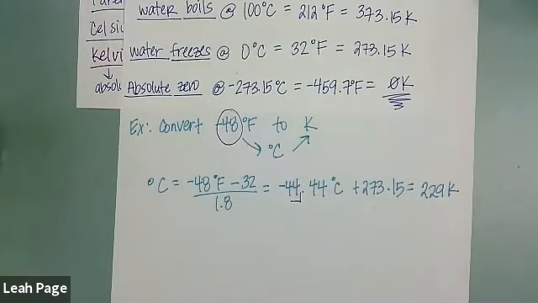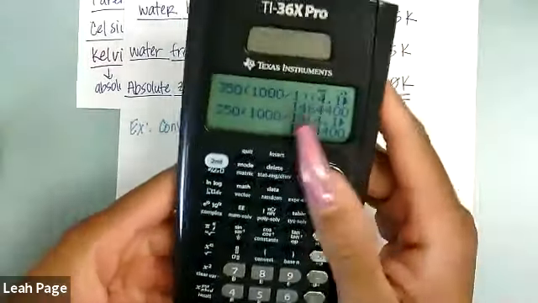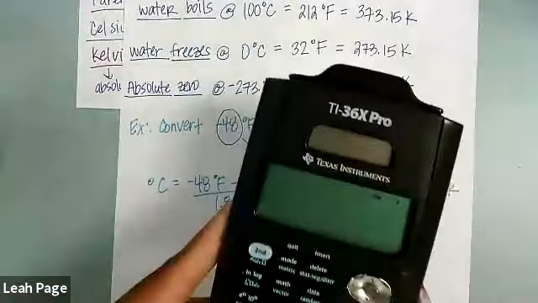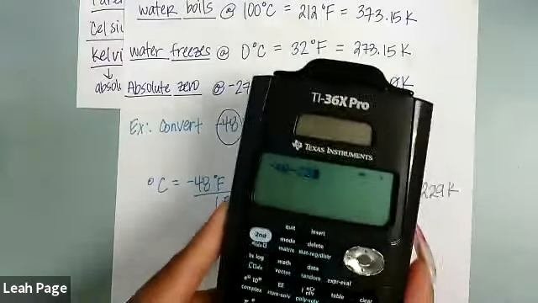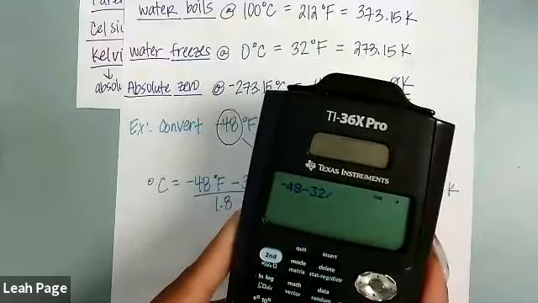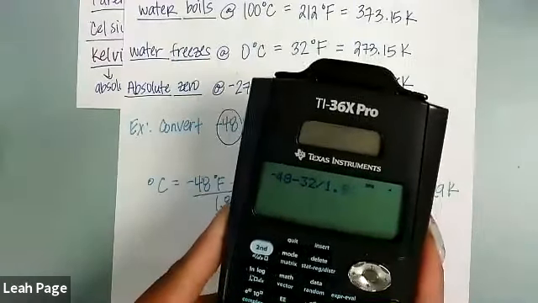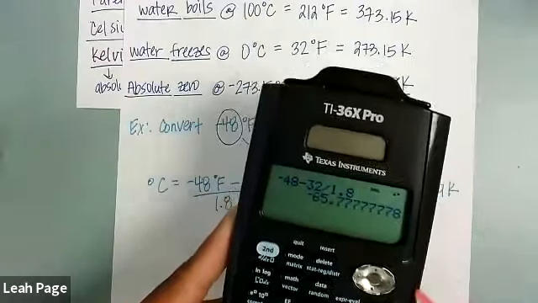Yes, do I have a question? Yeah, I have a question. So at first, when I subtracted the -48 and the 32 and then divided it, if I do it all together without the parentheses, I got a completely different answer. So I would need the parentheses, right? If you said negative 48 minus 32 divided by 1.8, let me tell you what the calculator reads this as. You do need the parentheses.